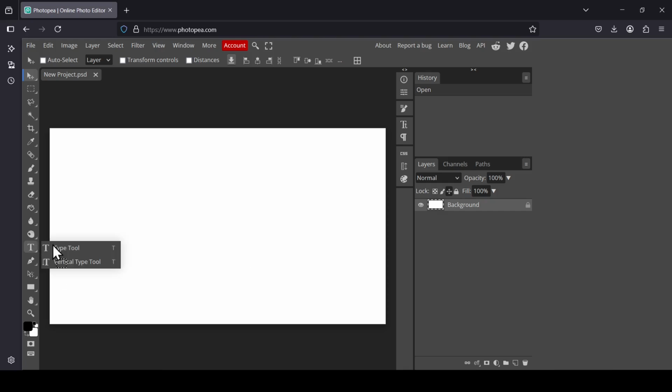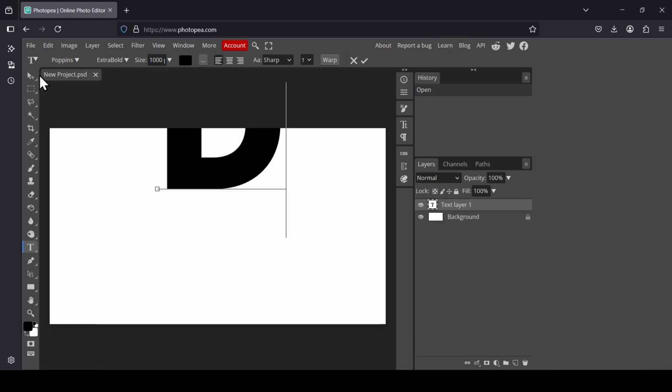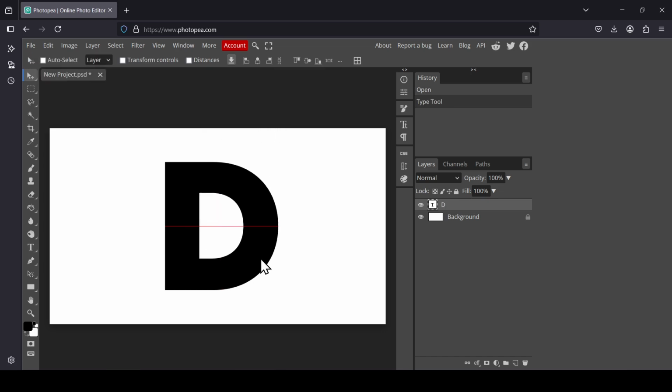Select the type tool. The font I'm using is Poppins. The style is extra bold, and for the size we'll go with 1000 pixels. Press enter. And now type your letter, select the move tool, center the text layer,